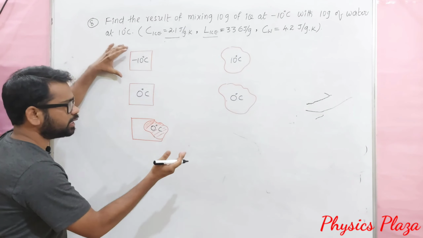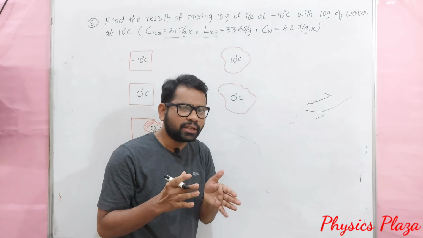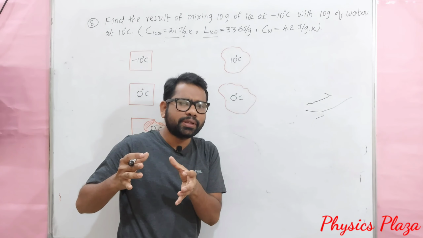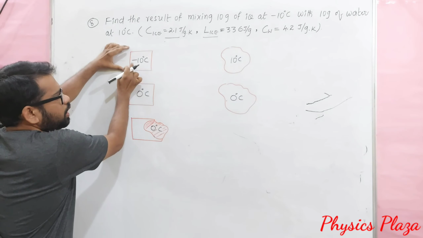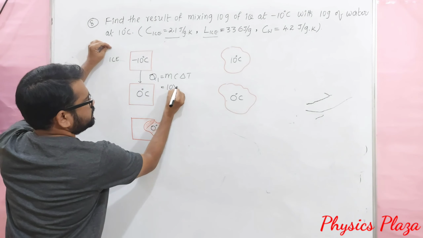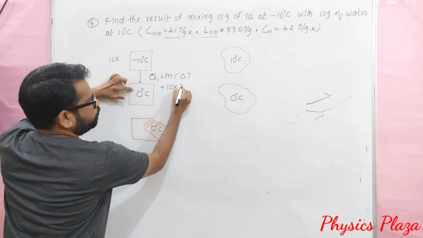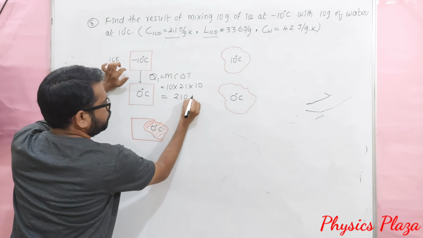Look at here. Once again, let us come back. Whatever assumption we made, like T degrees Celsius, was wrong. So it is very clear that the resultant temperature will finally be 0 degrees Celsius only. According to that, initially ice is at minus 10 degrees Celsius, so it will absorb an amount of heat Q1 equal to mc delta T. Here m is 10 grams, c is the specific heat capacity of ice, 2.1, and the change in temperature is 0 minus of minus 10, which is 10. As usual, we get 210 joules only.